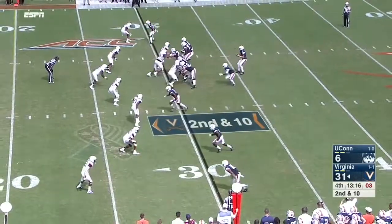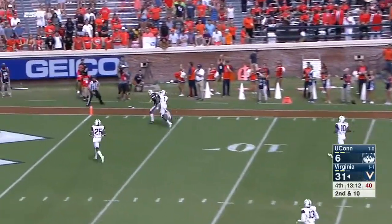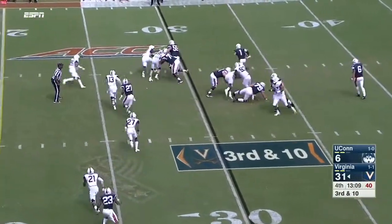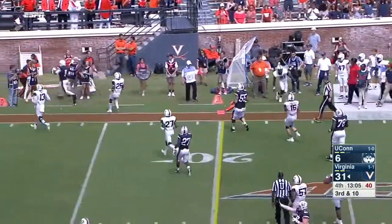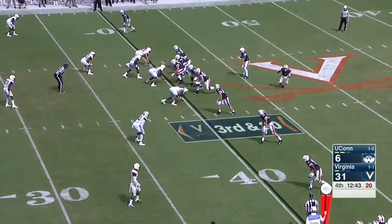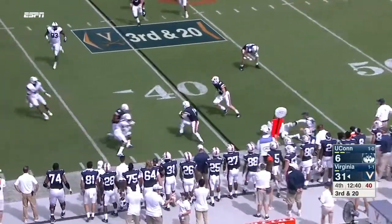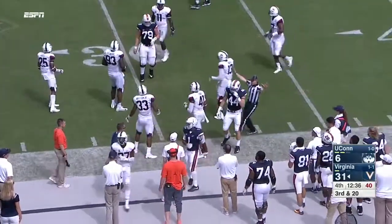Really under some stress late in the game, and Virginia never put it away as Benkert goes sideline and incomplete. Again, and once you climb that mountain, then you can move on to other things. On the delay, the draw for Jordan Ellis to the sideline, tiptoeing at a flag. And see how you can get involved. Virginia on 3rd down and 20. And they go out of the backfield for Jordan Ellis. Kelly, I know that